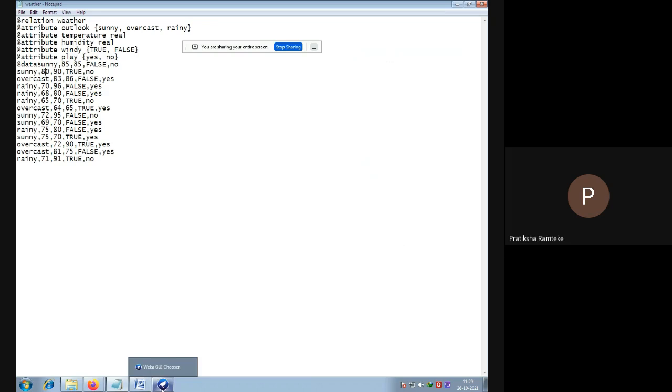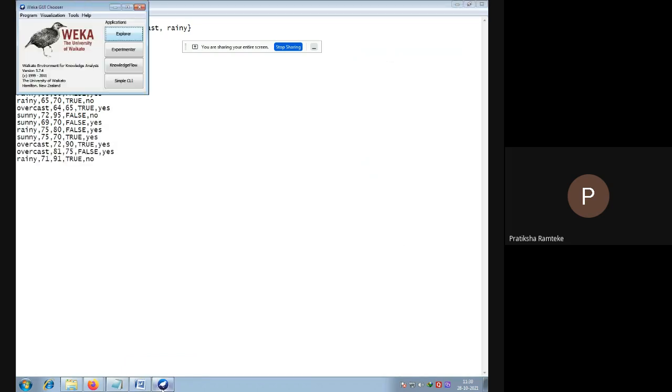So first I go to Weka Explorer. There are different applications: Explorer, Experimenter, Knowledge Flow, Simple CLI. But we are only using Explorer in every practical.